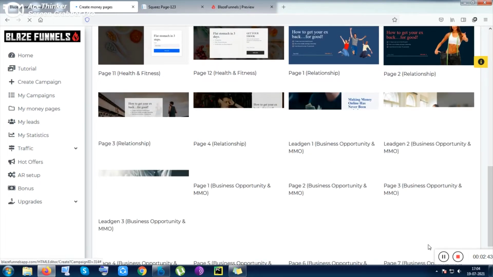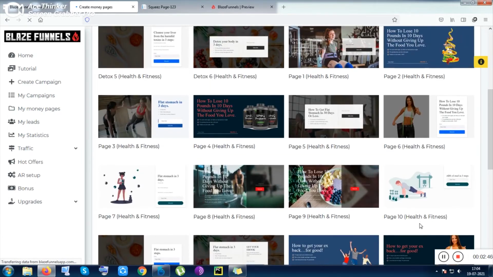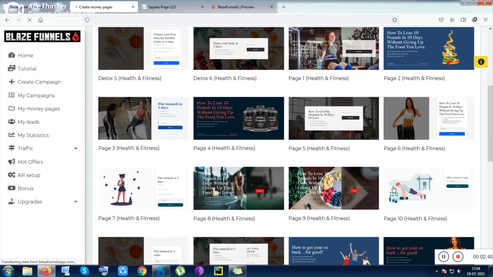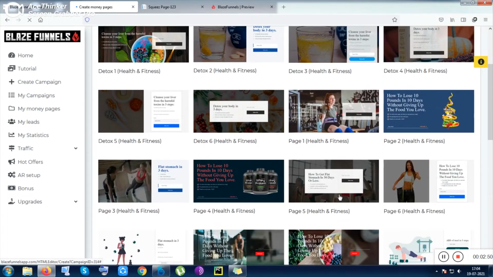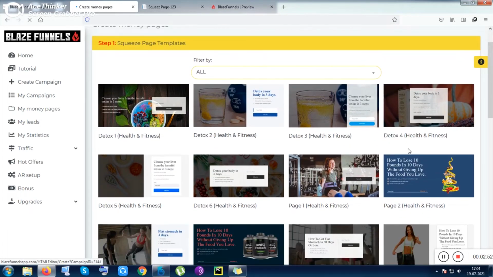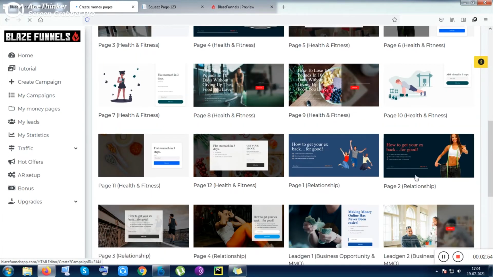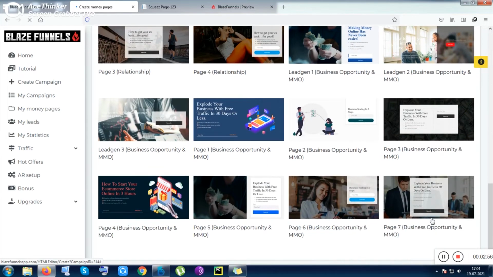Let me count the pages: 1, 2, 3, 4, 5, 6, 7, 8. So 32 funnels or landing pages are given, and you can easily customize any of them. Drag and drop customizing is available for each of them.